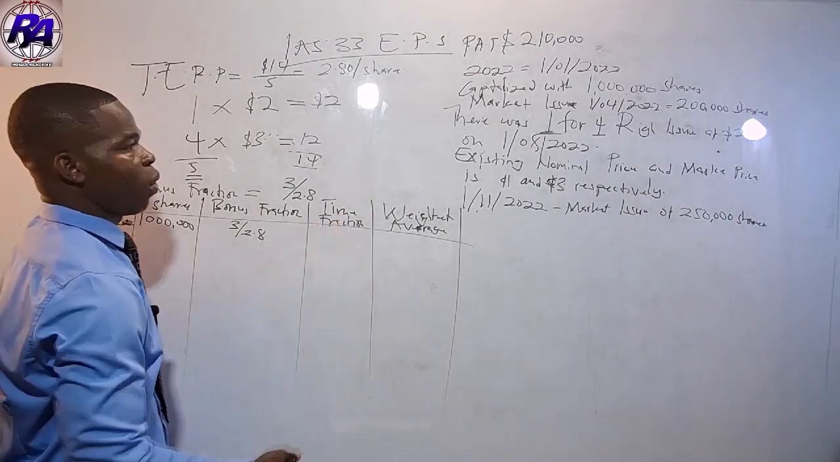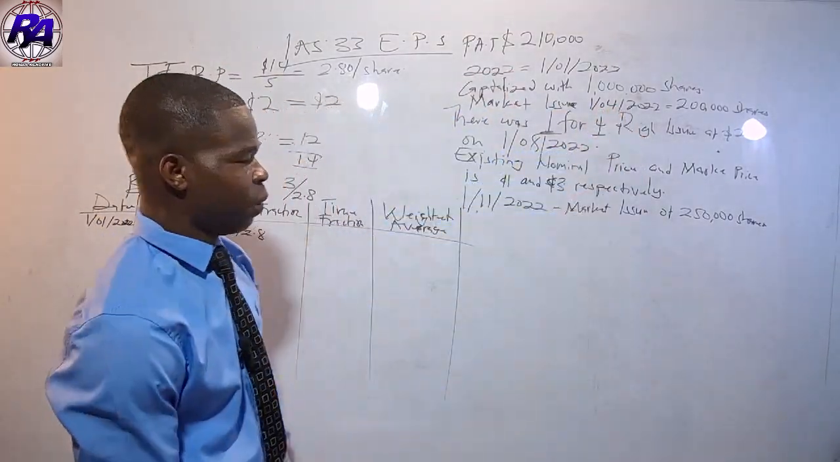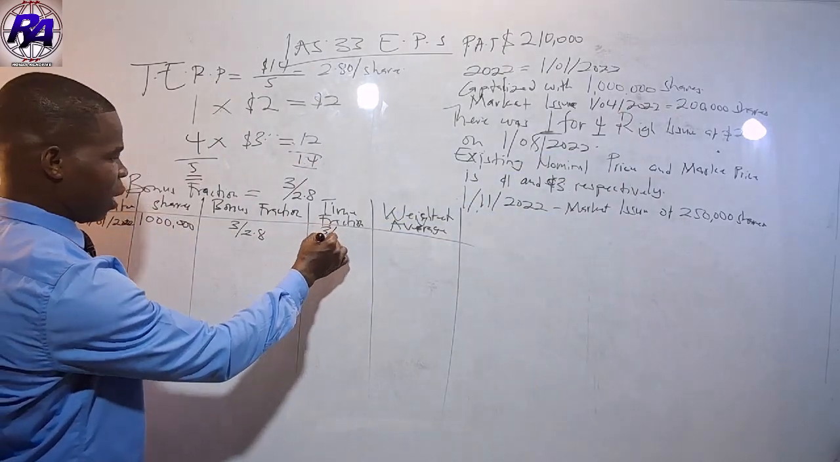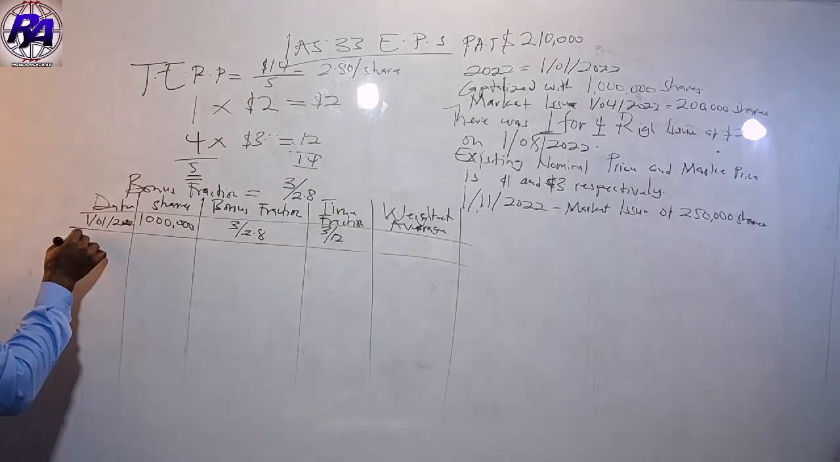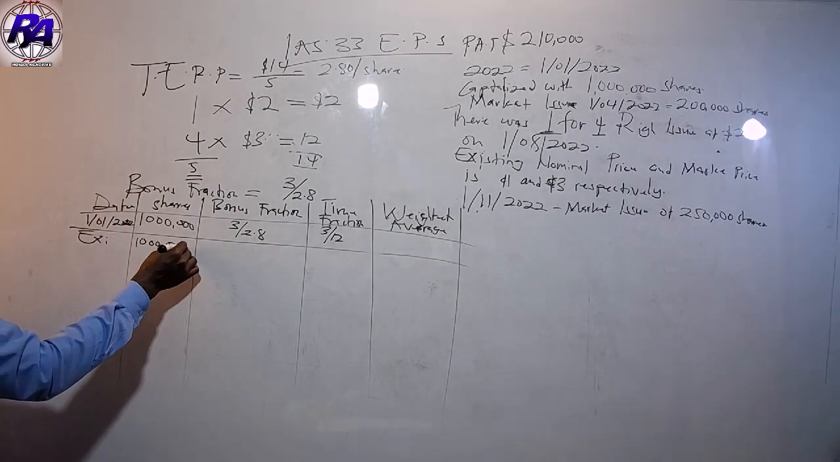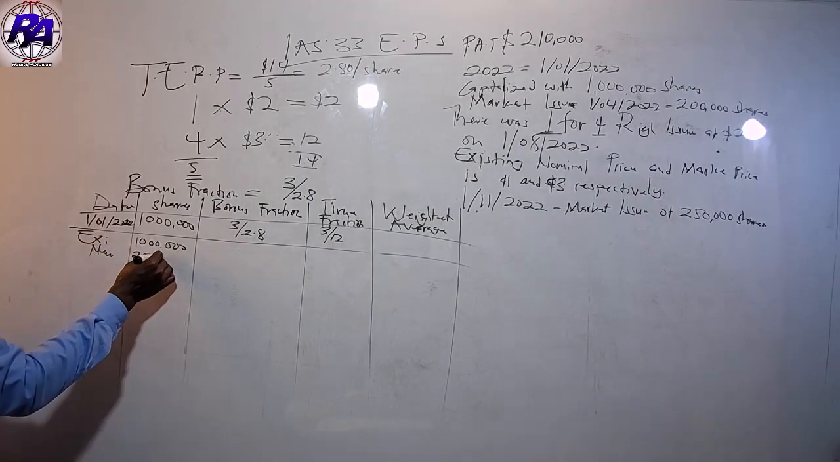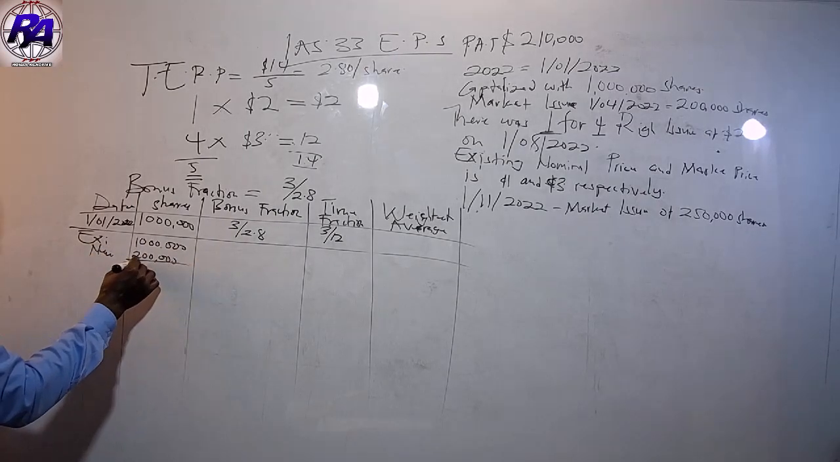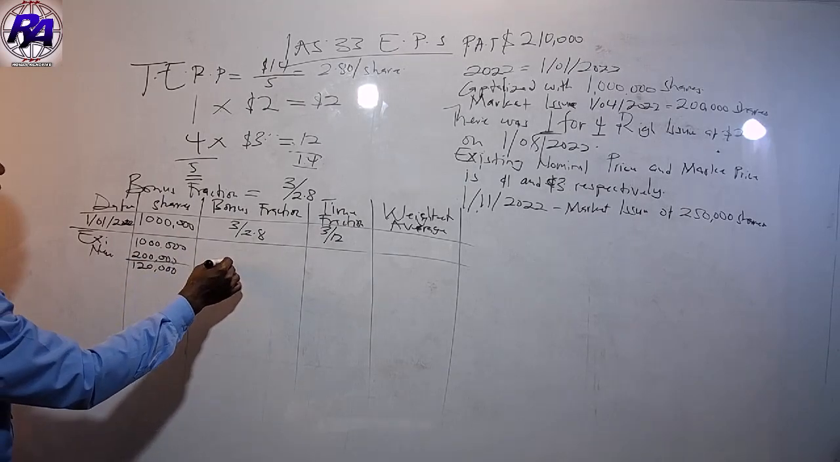Then time fraction. When was the next issue? The next issue was on 1st of April. So that's going to be 3 on 12. So this is for the first one. Then our existing shares is 1 million. Then our new share is 200,000. So if you sum this up, you are going to get 1,200,000, and you multiply this by still the 3